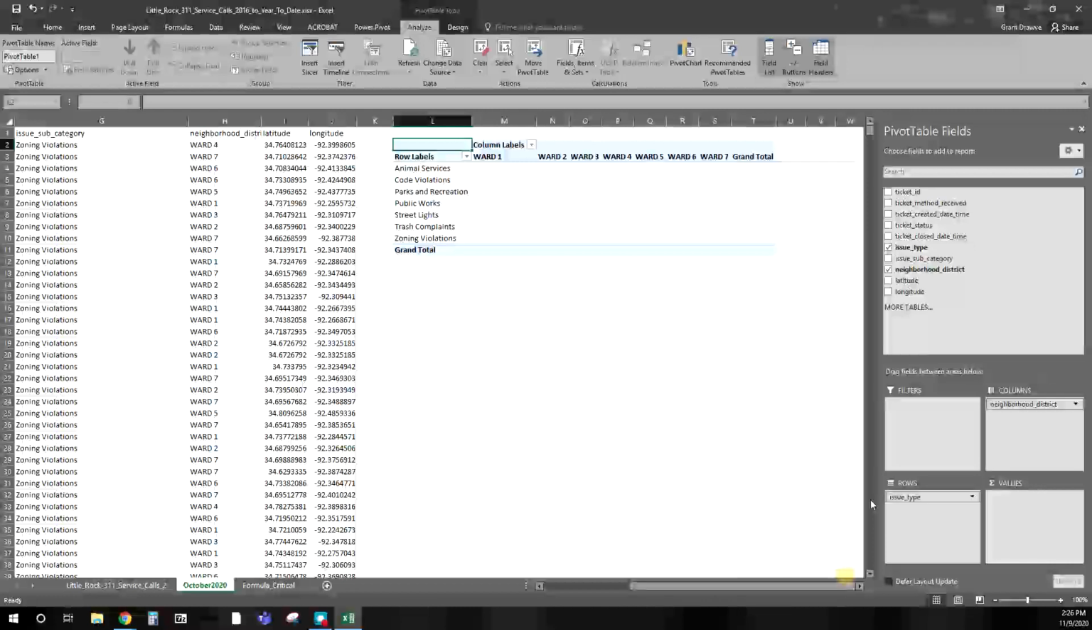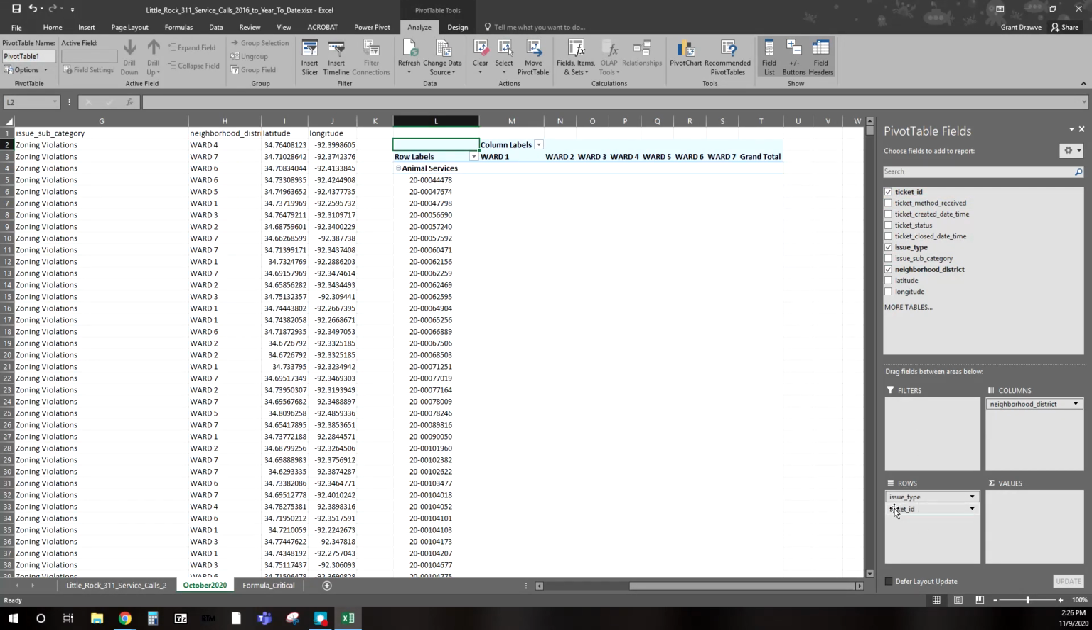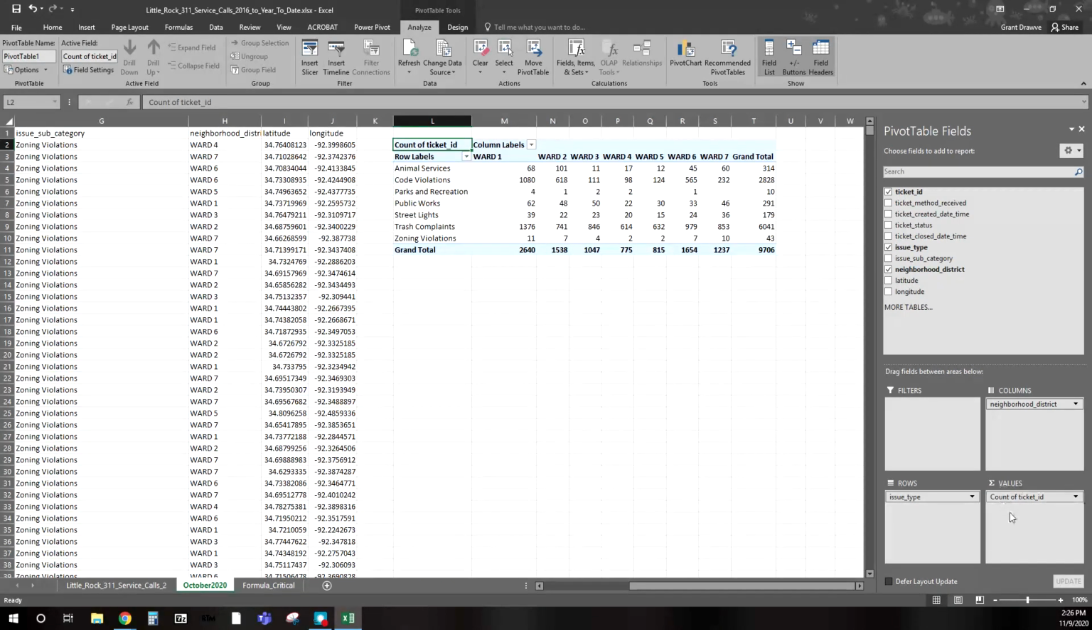You can see here that it's generated it, but it's missing a count, so it doesn't know how many are in each one. With that, I'm going to select the count ID. You can see it came over to the rows. I'm just going to move it over here to the sum values, and it already went to our count. So we know there's in Ward 1 a count of 68 animal service calls for the month of October in